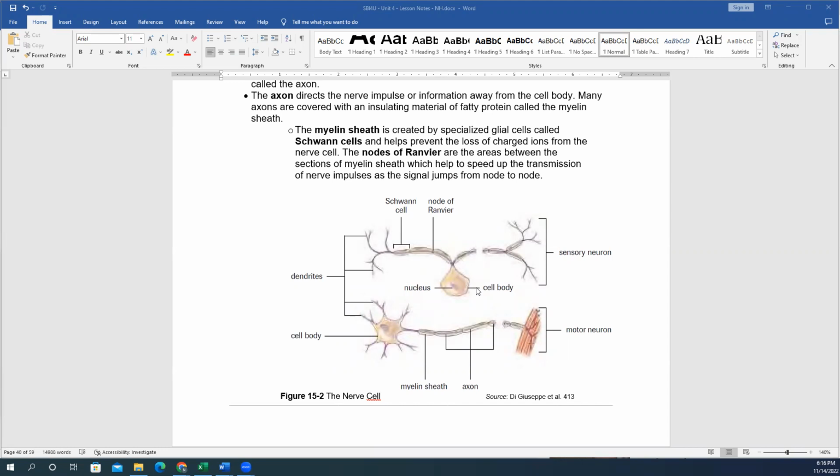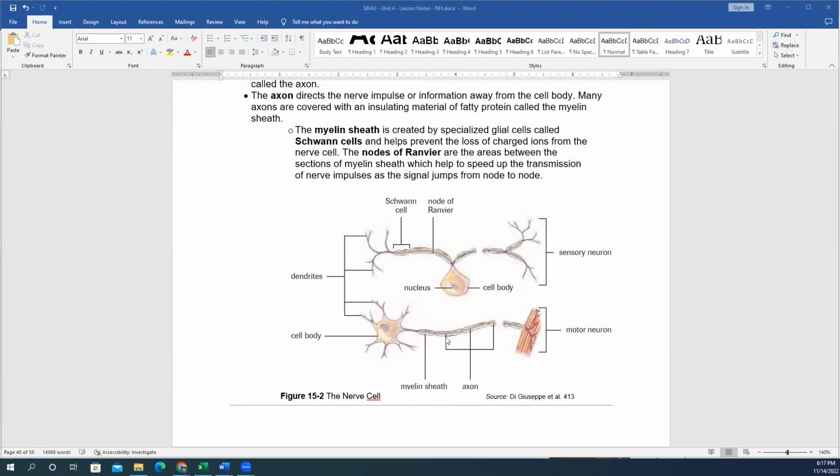The other main feature common to most neurons is the actual cell body itself, which contains your standard set of cell organelles and carries out regular metabolic processes. And the cell body then has an extension from the cytoplasm outwards called the axon. And the axon directs nerve impulses or information, that's what the nerve impulses are, away from the cell body